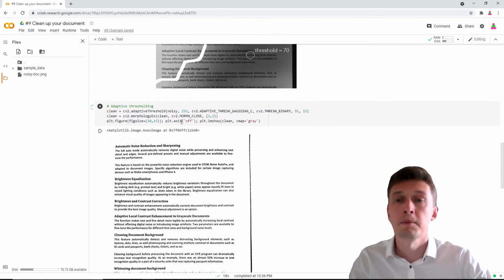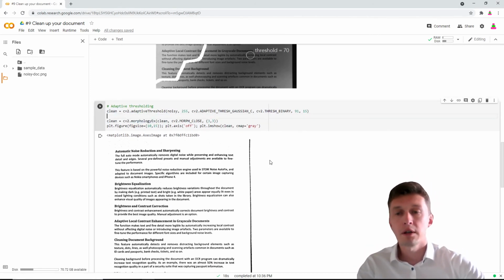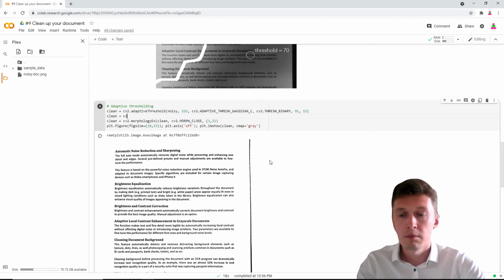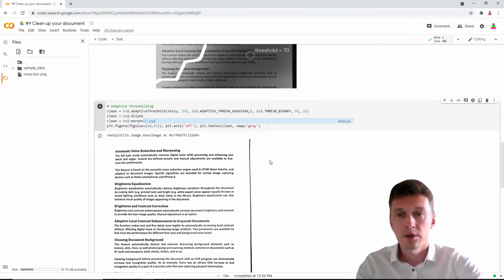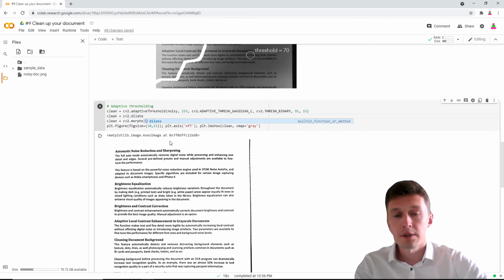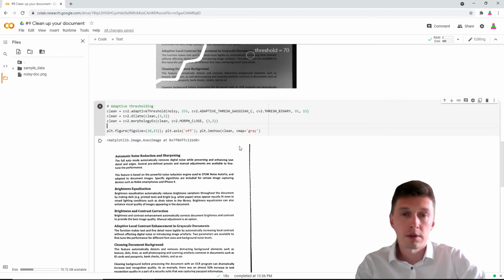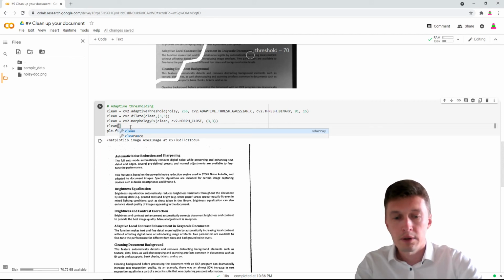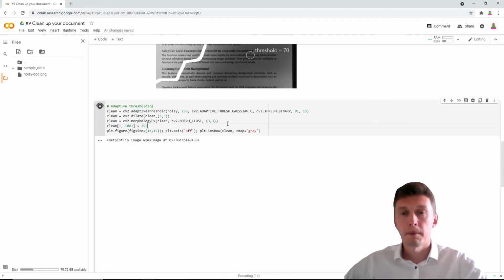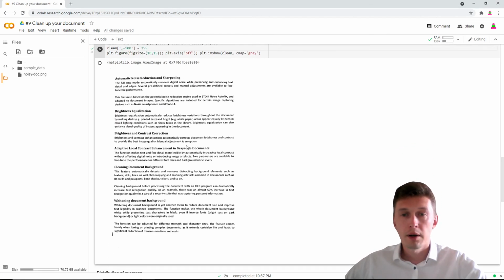These are the best. And you can further elaborate on this and, for instance, do some morphological operations, for instance, dilate to absorb these small dots. It will be clean with a kernel 3 by 3, and you can get rid of this right margin. Let's suppose this goes from minus 100 pixels to the end, and it will be white. Let's run. Oh, it's even better. So from this bad one we come to this nice looking one.